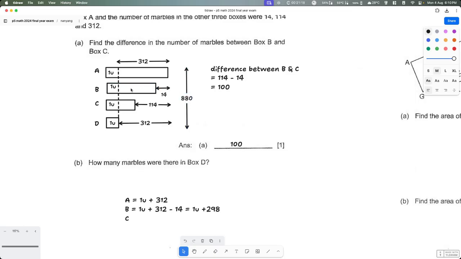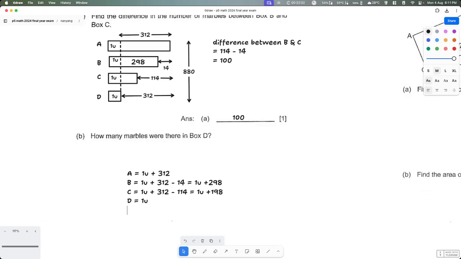We know this is 298, and this is 114. So C is equal to 1 unit plus 312 minus 114. If you move this 312 over here, I think you know. So 312 minus 114 is just minus 100 from 298, so this is supposed to be 198. And then lastly,